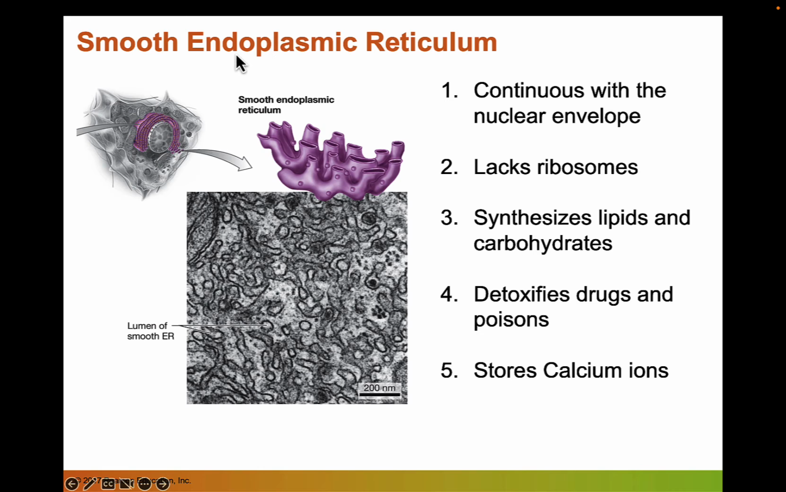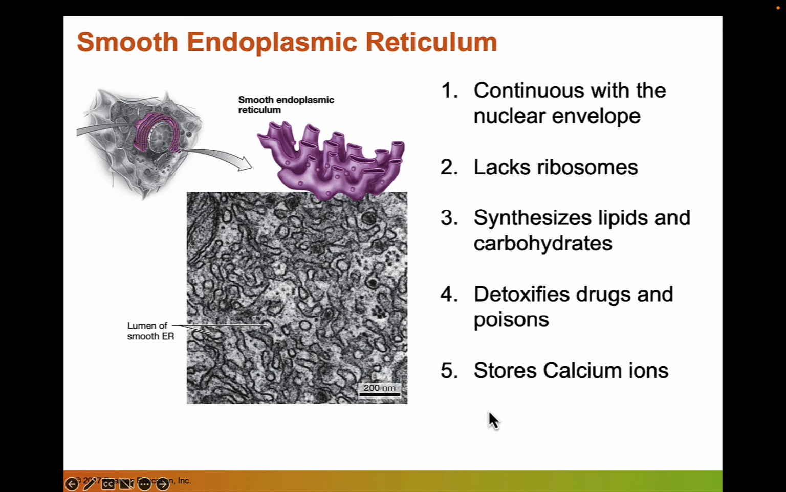The smooth endoplasmic reticulum is also continuous with the nuclear membrane. The only difference between the rough and the smooth endoplasmic reticulum is that the smooth endoplasmic reticulum lacks ribosomes. It doesn't have any of those complexes associated with this organelle. This organelle is responsible for synthesizing lipids and carbohydrates, and also plays a really important role in detoxifying drugs and